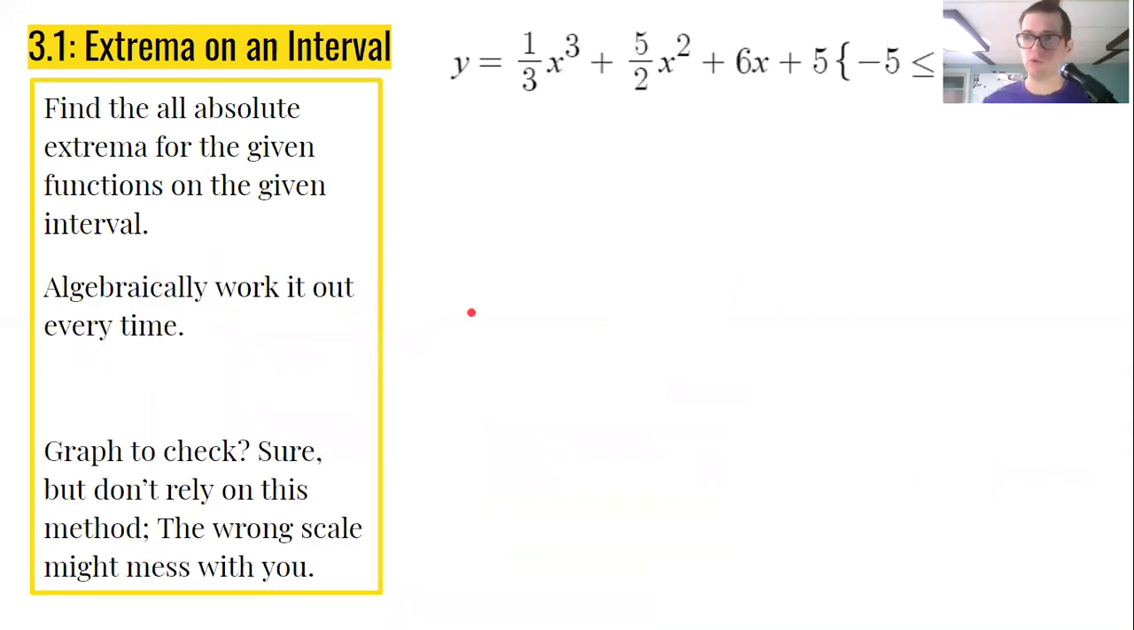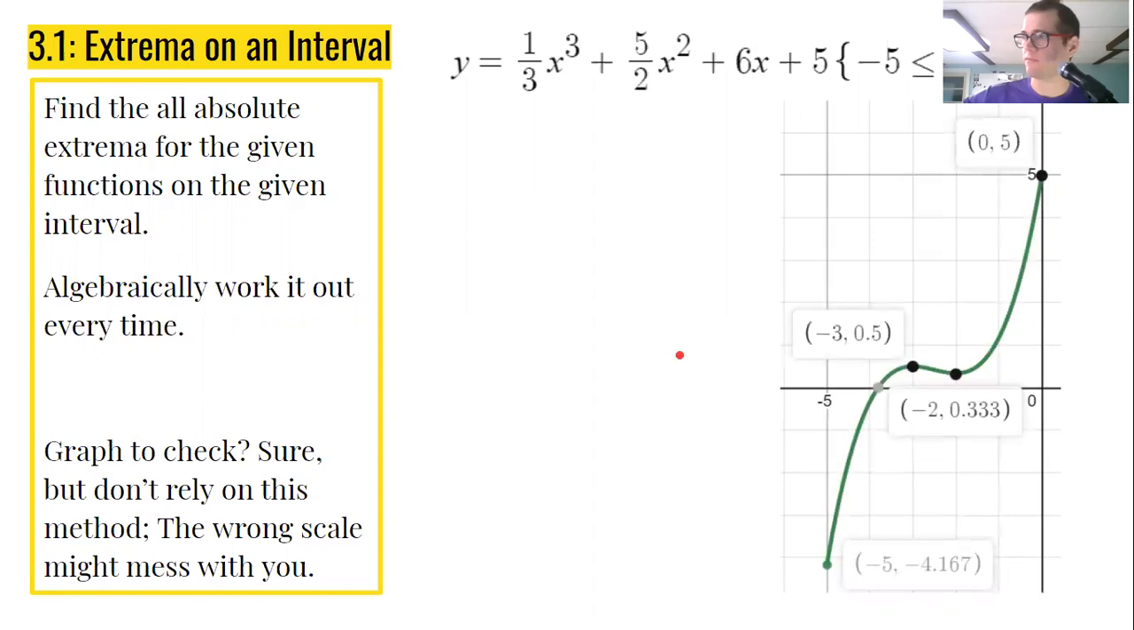All right, we should algebraically work that out every time. Can you graph to check it? Sure, that's fine. There's nothing wrong with that, but don't rely on this because the wrong scale might mess with you. Especially if you're looking for critical points, you might not see the critical points on the graph. But